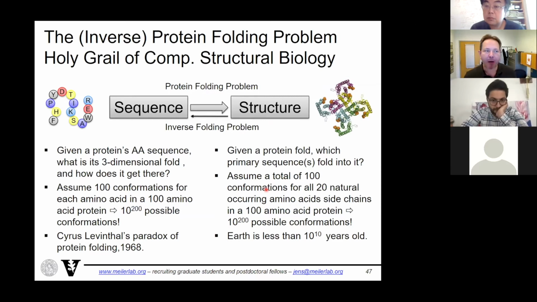So the protein design problem goes the other way around, right? We discussed sequence to structure to function. Now that's structure prediction, and then I know the function, for example, what the mutation in the patient does. Now I want to go the other way around. I want a certain function. I have an idea how the structure needs to look. What's the sequence that gives me that function? So I'm basically inverting this. So given a protein structure that I assume has a certain function, what is the sequence that falls into that structure? And again, that's a very large computational problem.